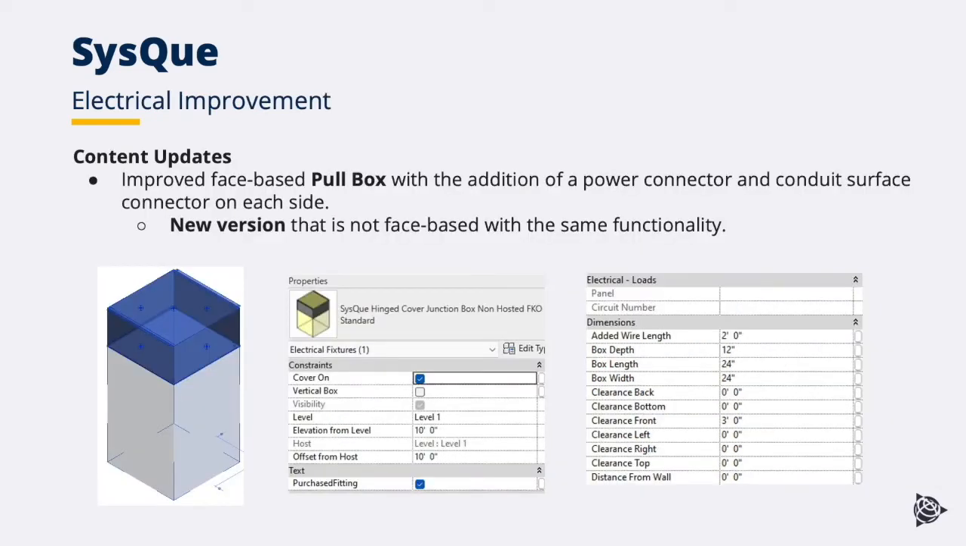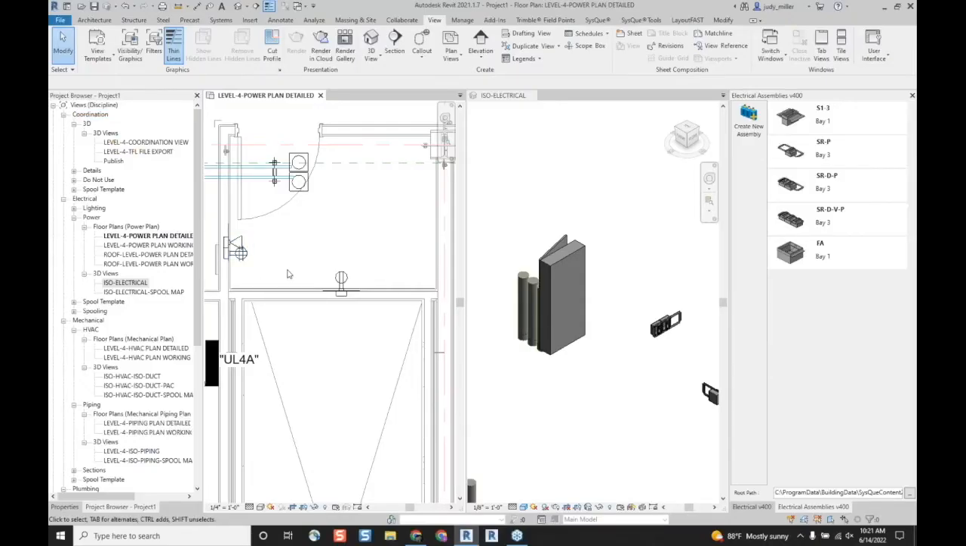The pole boxes, we added conduit connectors and the power connector to the one that we currently had. And then we added a second one now that's non-face based, so you can place that anywhere in your model without having to do a reference line, for example, if you wanted to suspend that from your slab. Okay, so to just switch over to showing the electrical assemblies, we have some over on the side that